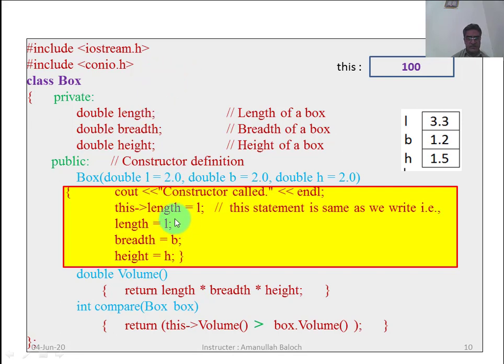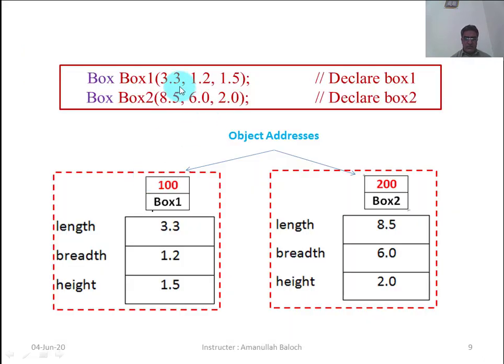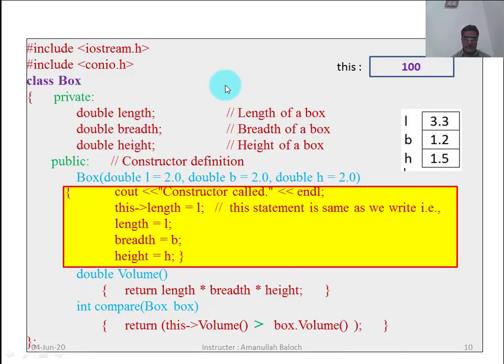This is the constructor, and the values 3.3, 1.2 and 1.5 will be passed to L, B and H. So here this is L, this is B and this is H. They will receive the values 3.3, 1.2 and 1.5 in the memory of L, B and H. These values will be passed and stored, and the constructor will also display the statement that box 1 has called the constructor.